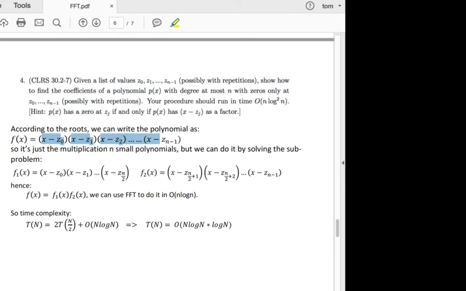Just like this one. Actually, you can see it's just the multiplication of n small polynomials: this one, this one, this one, and this one. However, I can do it better by using divide and conquer and dividing it into two parts, f1(x) and f2(x). So f(x)